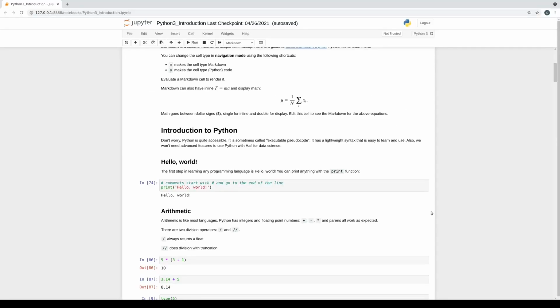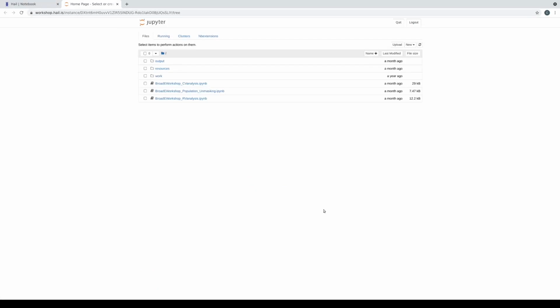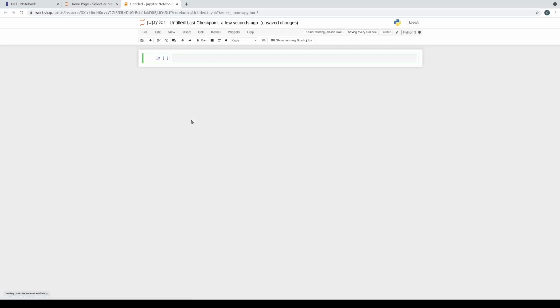I've also written this lecture up as a Jupyter notebook that you should have a copy of for reference. However, in this lecture, I'm going to start from scratch in an empty Jupyter notebook. This is the Jupyter dashboard, which is how Jupyter opens when you start it. It opens to a file browser where you can see files on your computer, including other Jupyter notebooks that you might use, like the ones we'll use for the HALE practical. Although for this tutorial, I'm going to start in a new, fresh Jupyter notebook.